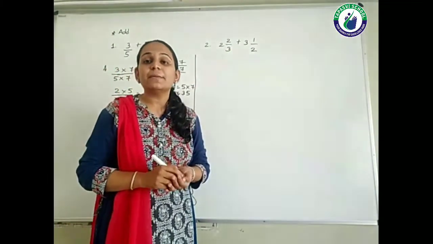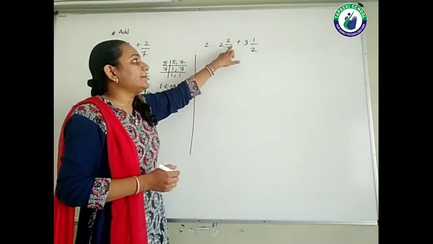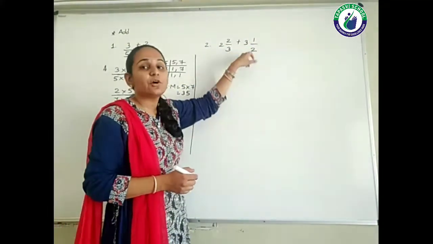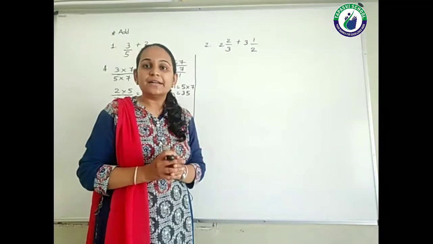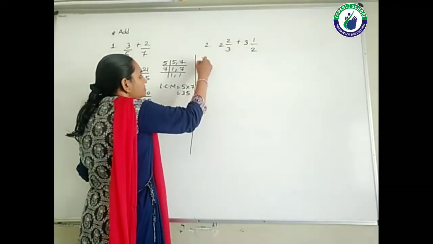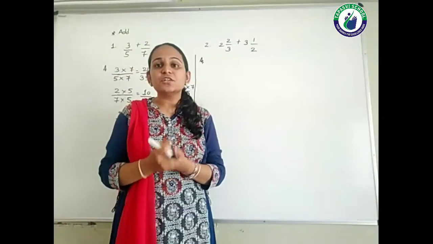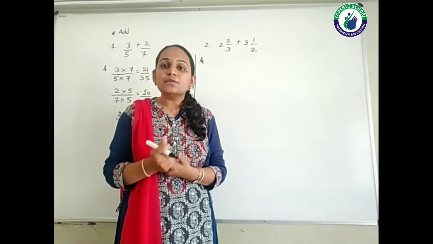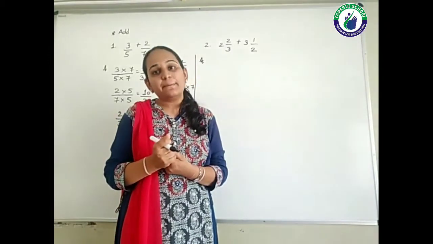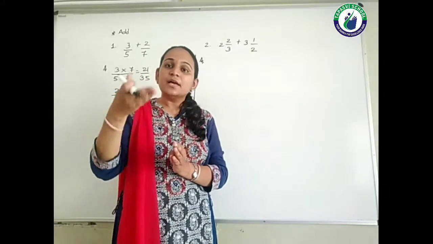If you remember, in my previous lecture I told you that a combination of a whole number and a proper fraction gives a mixed fraction, right, students? Now let's see the calculations for this. If you want to solve this kind of mixed fraction, students, your first task is to convert the mixed fractions into improper.